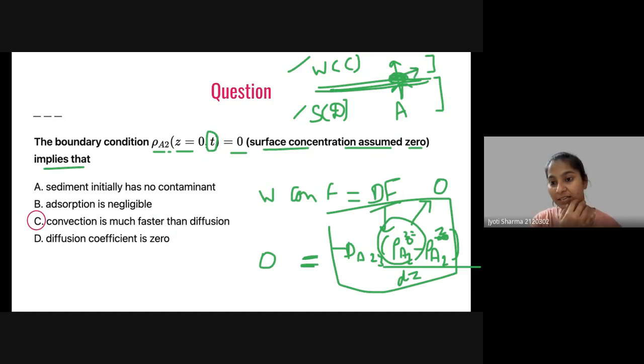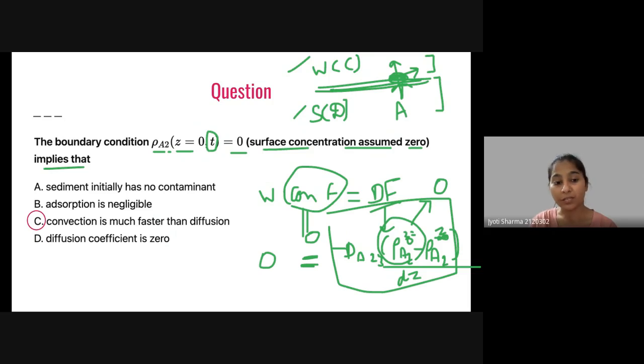So what we are saying is that if everything is being removed, then this convective flux will be equal to zero, because what we are assuming is that everything that is coming from bottom to up will be removed by the flow in the water side. So that's how your convective flux is giving you zero, and because of that, this boundary condition rho A2 at z equal to 0, time equal to 0,